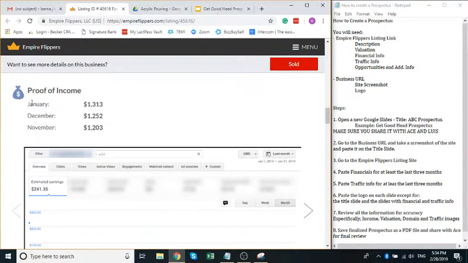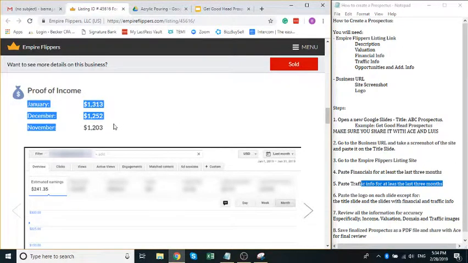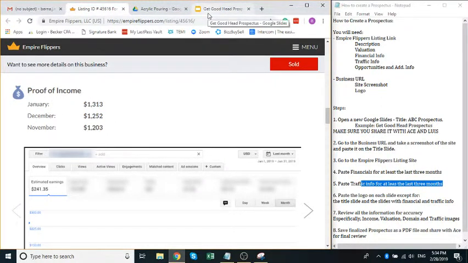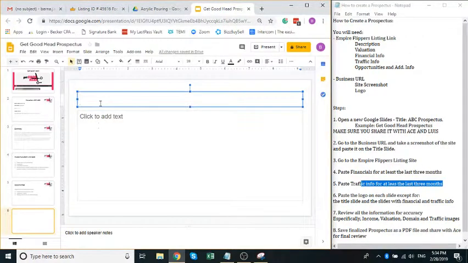So they're providing 3 months, and over here on my notes to the right you can see financial information for at least 3 months and traffic information for at least 3 months. Normally Empire Flippers provide 3 months, but some sellers provide more information, and you can always include all the information you want, but at least I would say 3 months. So we go back to the slides and we're going to say November 2018 income,